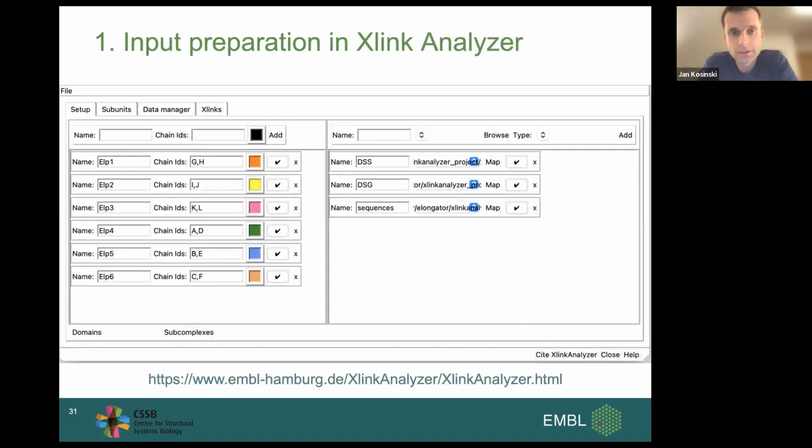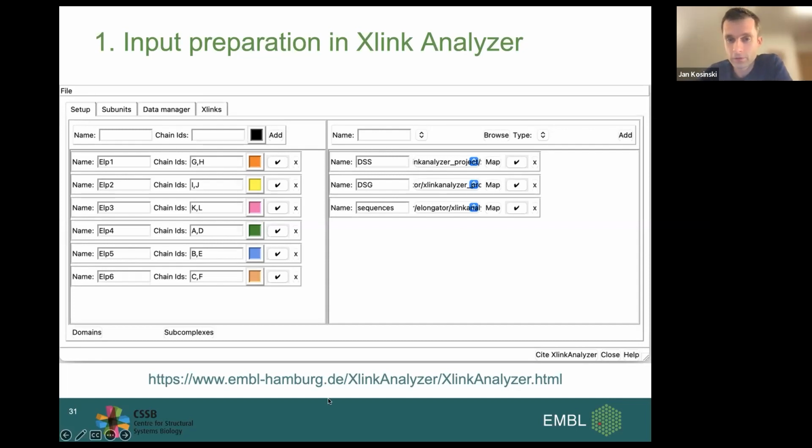And to prepare some of those input files, or at least to start, we have a graphical interface in the Crosslink Analyzer program, a plugin for Chimera. We created this program to analyze structures in the light of crosslinks, but the output or the session of this program can also be used as an input for Assembline.